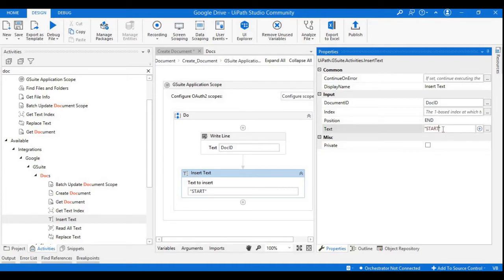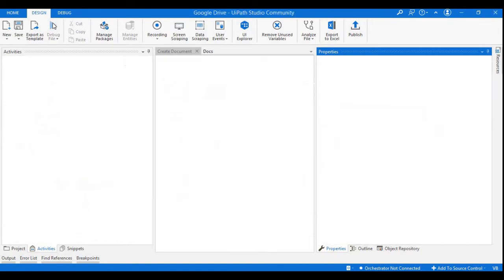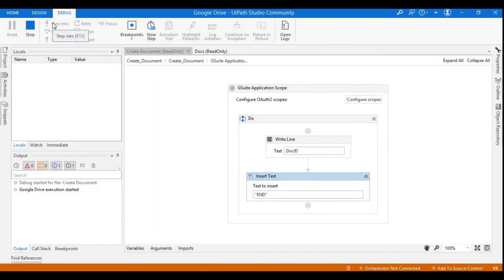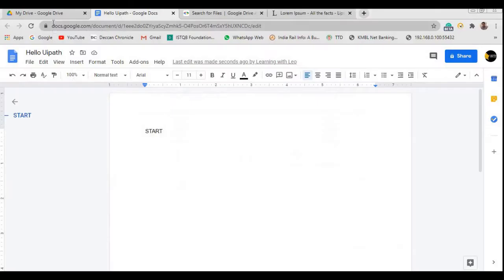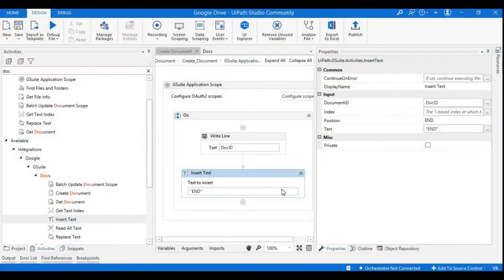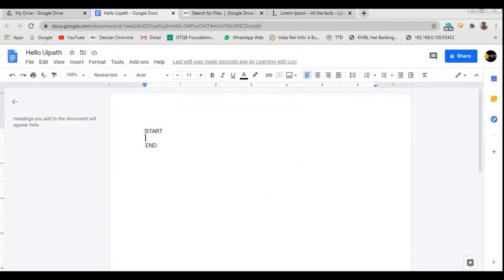Now I will update the position as end, and I will place this as end, and let's check. So my values are printed. Here we can observe start and end. Both of these are printed with a separation of a line. If you observe the difference, both are printing at the first of the document like a new line. And let's see what is the